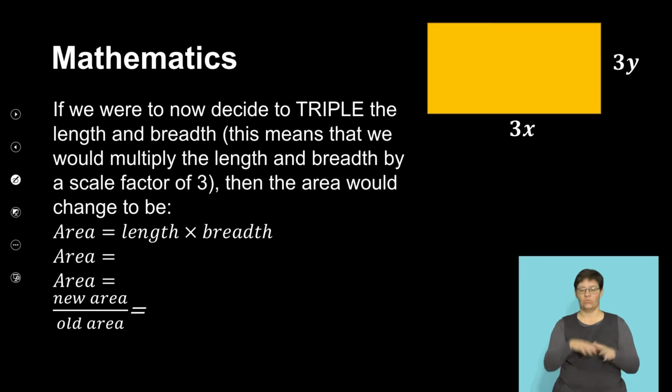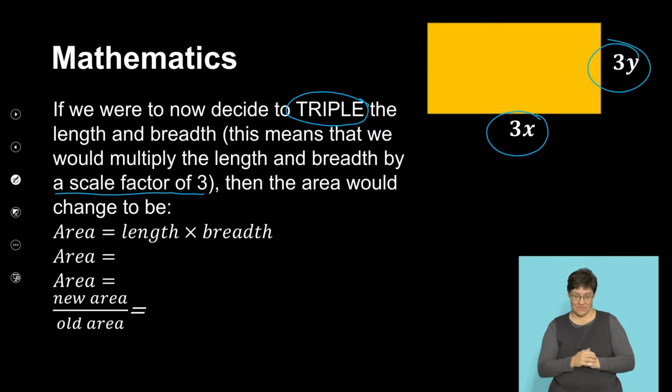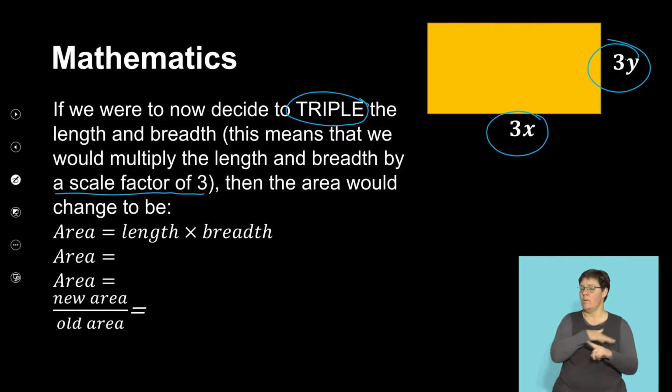So if we were to decide to now triple the length and the breadth, this means that we would multiply the length and the breadth by a scale factor of 3. So we're tripling the lengths of the rectangle. So we can see that it's now 3x and 3y. So I'm now going to calculate my new area of the rectangle, which has been multiplied by a scale factor of 3. Length times breadth would end up being 3x multiplied by 3y. So my new area would be